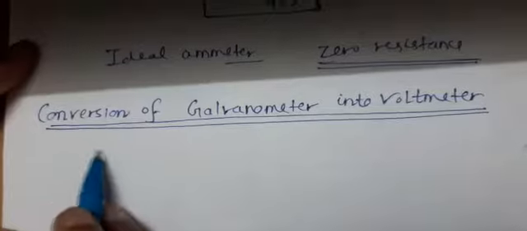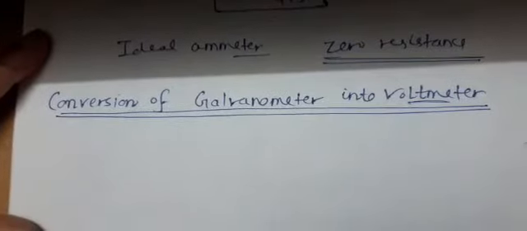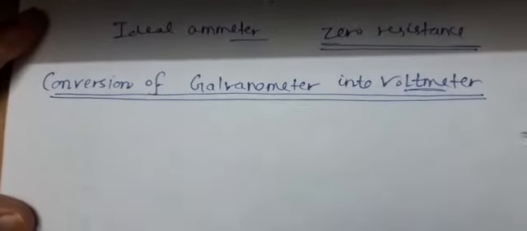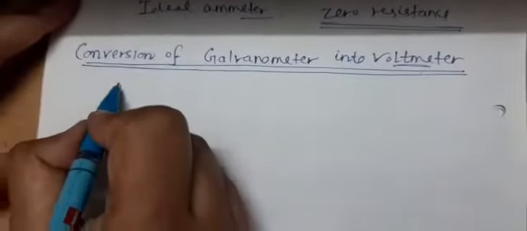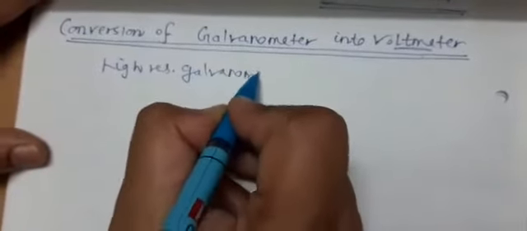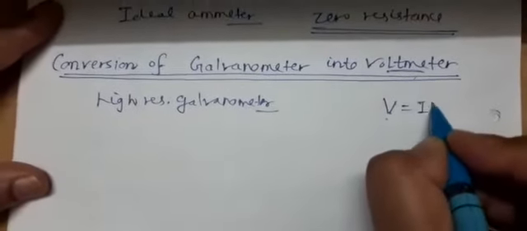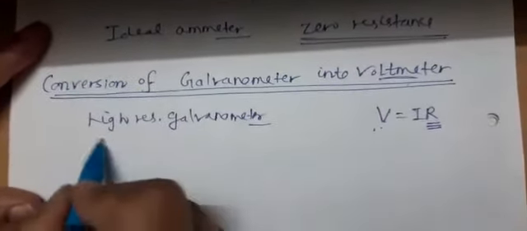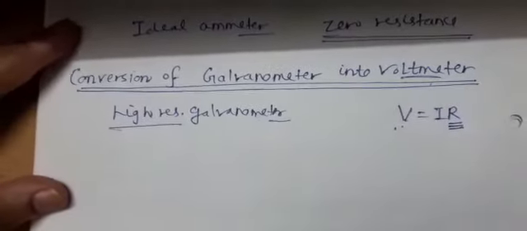So now, conversion of galvanometer into voltmeter. Basically, what is a voltmeter? A voltmeter measures potential difference, and potential difference is current into resistance. So the more the resistance, the more the measurement of potential difference. So a voltmeter is a high resistance galvanometer. How can you learn this point? Because a voltmeter measures potential difference, which is I into R. So if R is more, the potential difference is more. So it means it is a high resistance galvanometer,